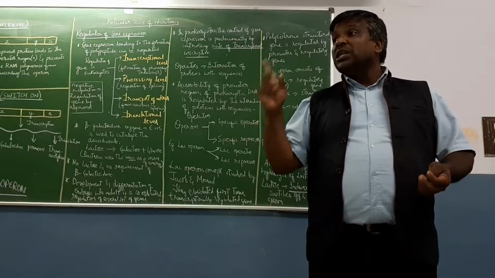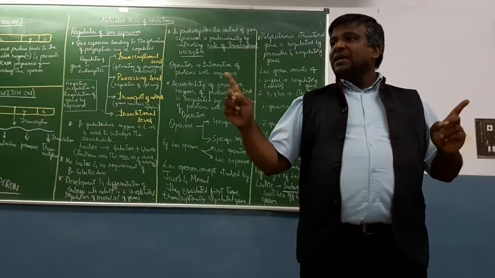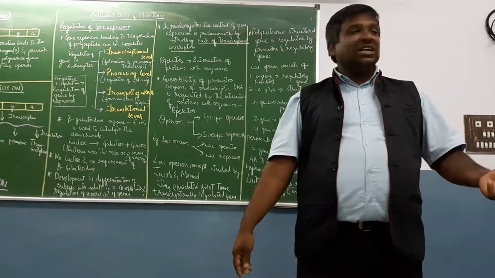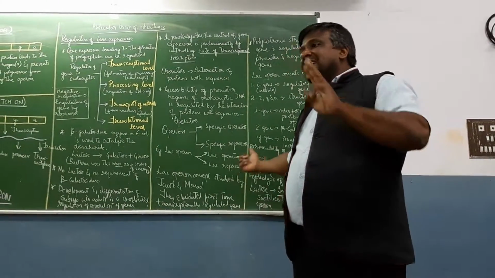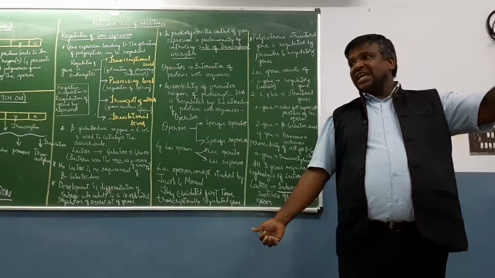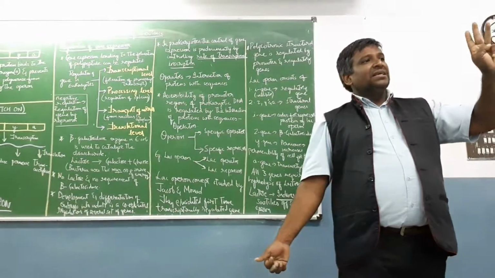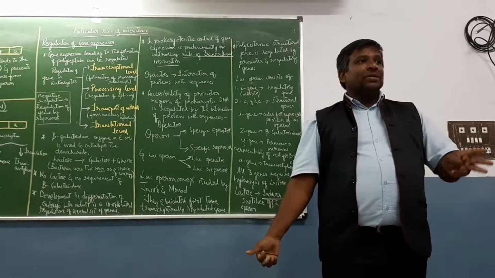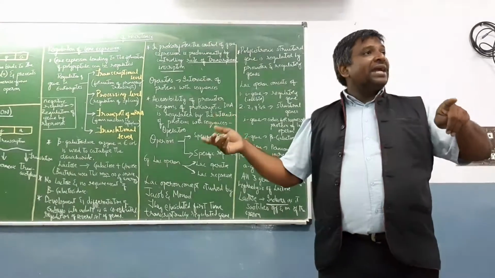Prokaryotic gene is a polycistronic gene. One DNA, one gene, can synthesize more than one protein after translation. In this case, they are synthesizing 3 proteins as enzymes: beta-galactosidase, permease, trans-acetylase. 3 enzymes are there: beta-galactosidase, permease, and trans-acetylase. It synthesizes these. Among them, beta-galactosidase is going to break down lactose into